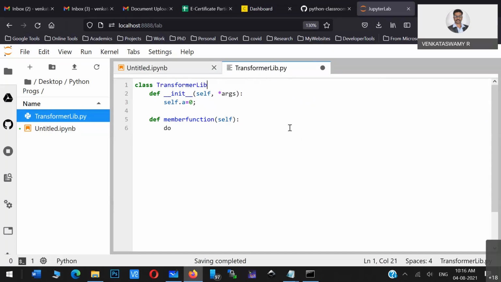Now see, the init function is basically a constructor. You have so many member functions, so what is the default state of your member variables and member functions? All these things are defined in this particular init function. The init function is basically what defines the default values an object will hold when you create it.